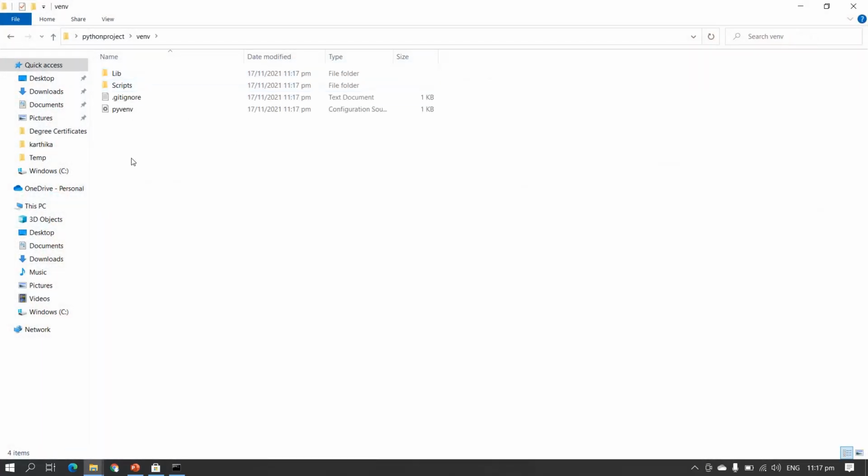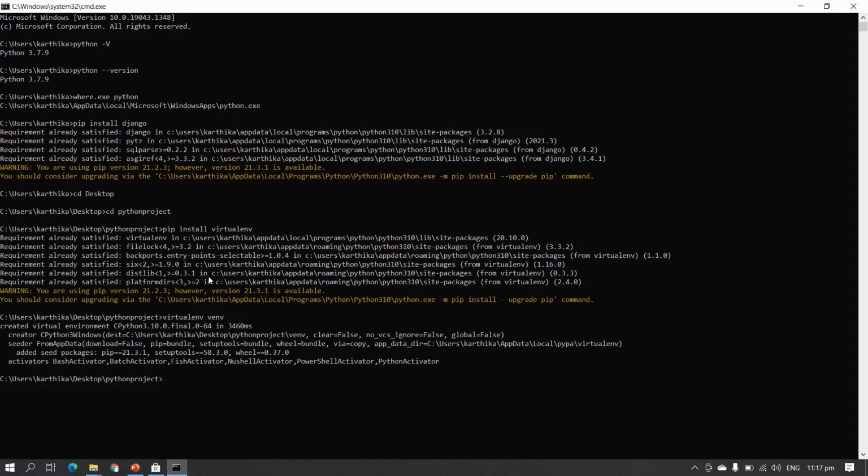It shows some library files, which I will explain later. With this, we can isolate the project from other projects. It also helps maintain different versions of dependencies for different projects. In future, if I upgrade a specific application, I can maintain it separately.